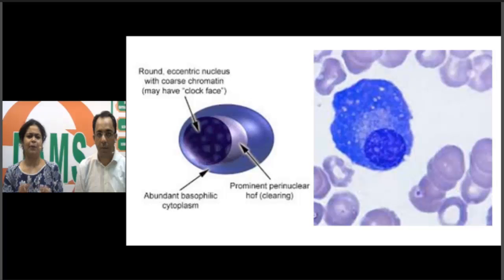In front of you is a very schematic photograph of a plasma cell. This is a very typical, beautiful photograph. The plasma cell has abundant basophilic cytoplasm and an eccentric nucleus which is said to have a clock face. The chromatin is arranged in spokes, and there is a very prominent perinuclear clearing that we call the hof, which is said to be because of a very prominent Golgi apparatus. Now this is the schematic, and next to it we have put an actual photograph of a plasma cell. This is the nucleus, the clearing, and the basophilic blue cytoplasm.